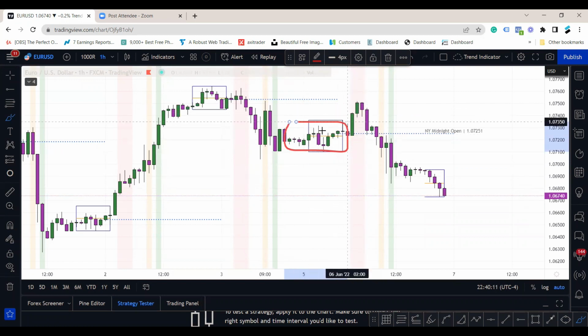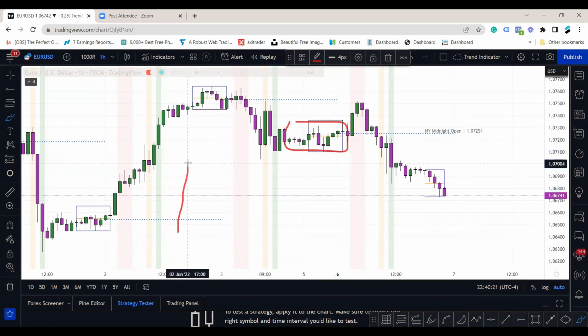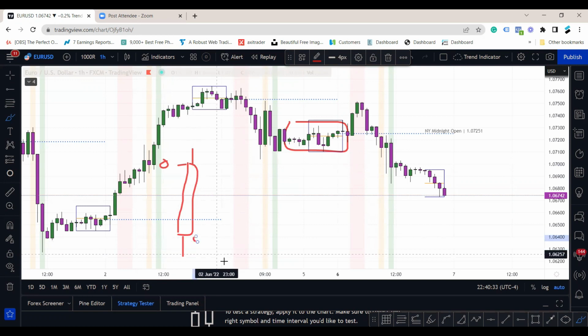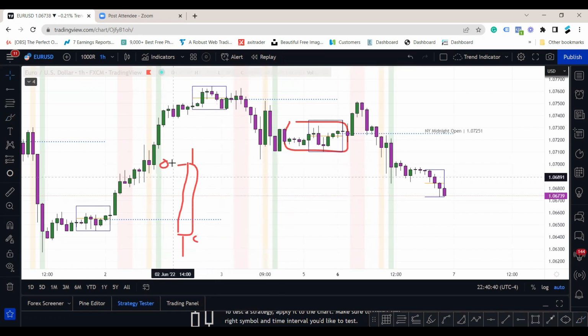Now, first of all, I have a bearish bias, so I'm going to use the concept of open, high, low, close. I know that if I have a bearish bias, which means that today it's a red candle, the opening price is going to be here, and we have a high, we're going to have a low, and we're going to have a closing price here. So if this is a bearish day, the closing price is definitely going to be below the opening price. So my bias is bearish, so I wait for the